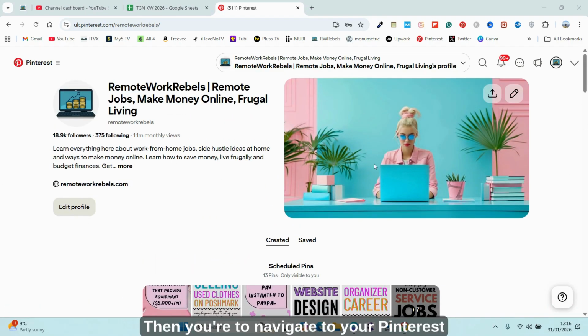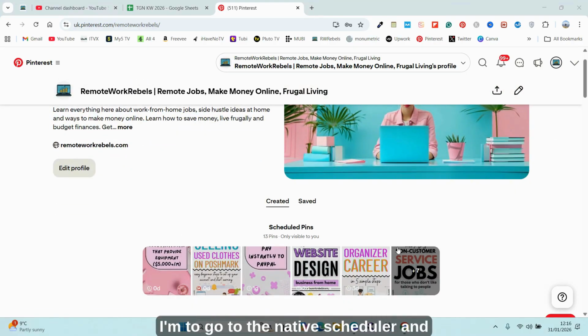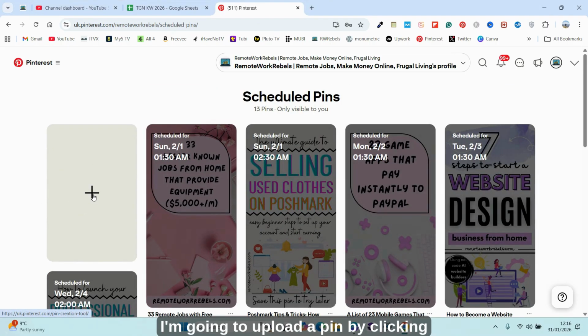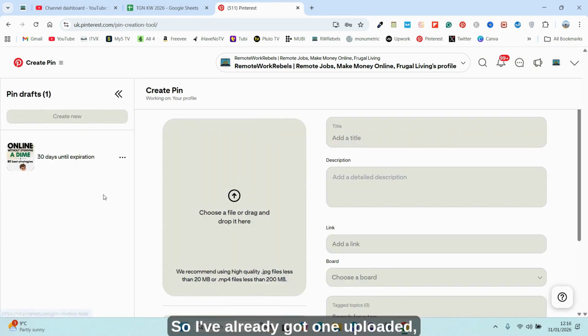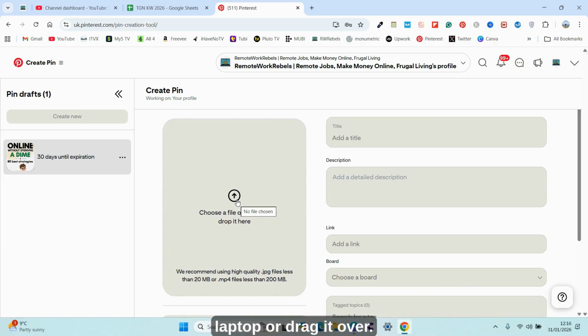Then you're going to navigate to your Pinterest account. From there, I'm going to go to the native scheduler and I'm going to click on that. I'm going to upload a pin by clicking on the plus icon. So I've already got one uploaded, which I'm going to add to a board. But if you haven't, you would just click, choose a file and upload it from your laptop or drag it